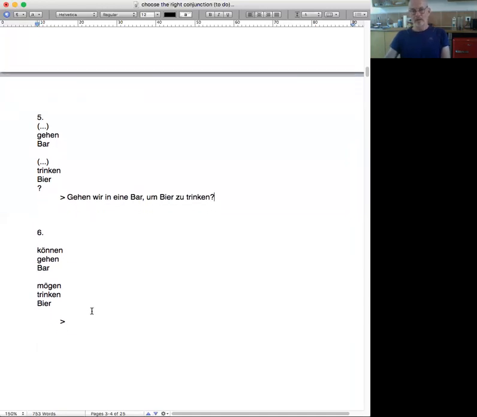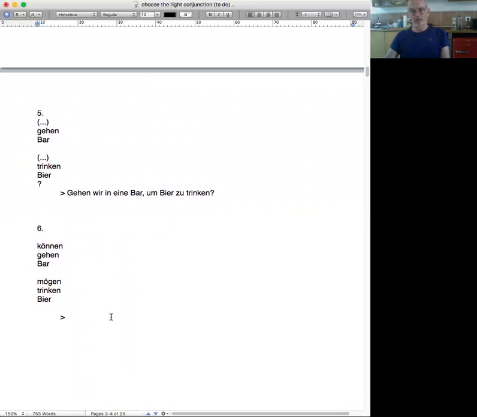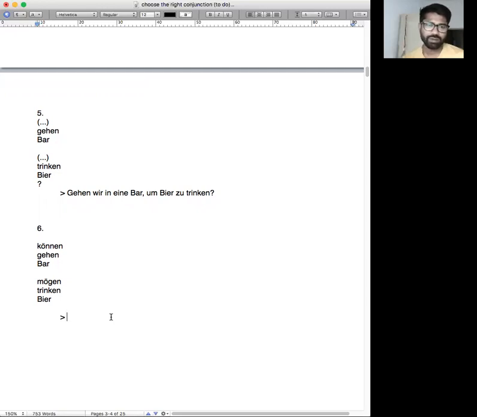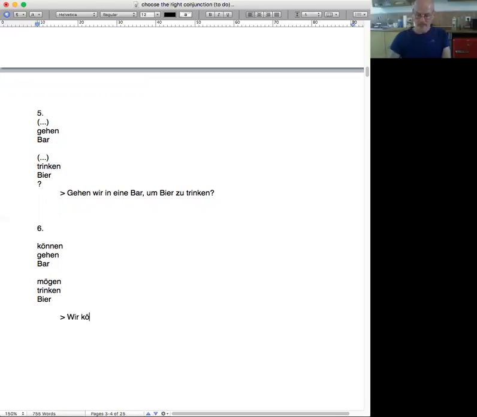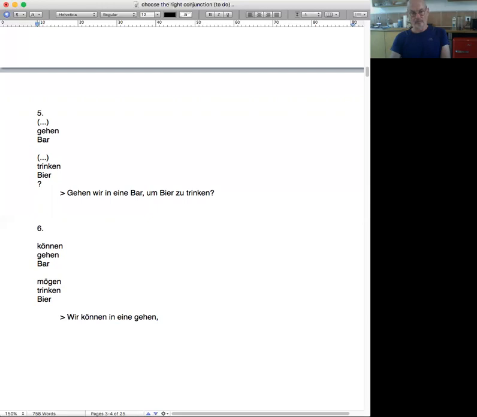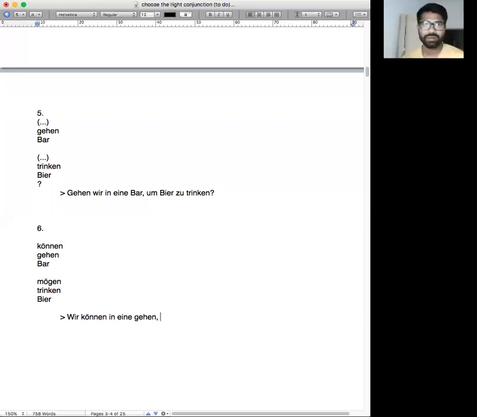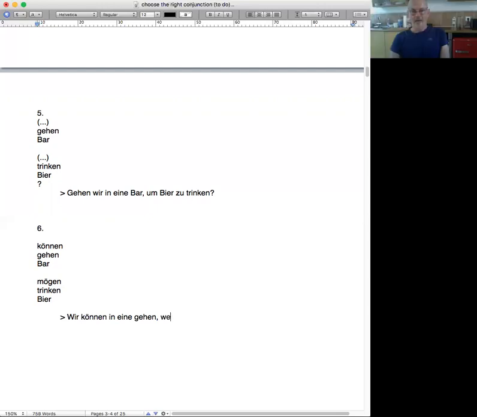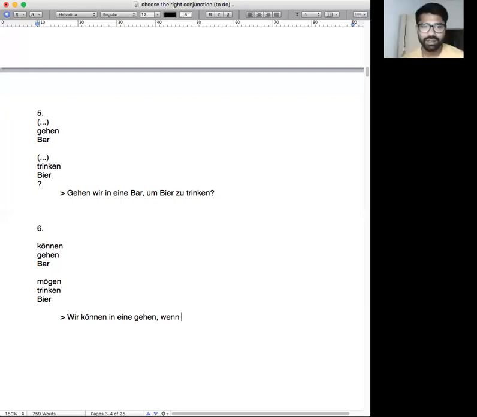This one, mögen gehen Bar, mögen trinken beer. Wir können in eine Bar gehen, wenn ihr, so ihr, you guys.